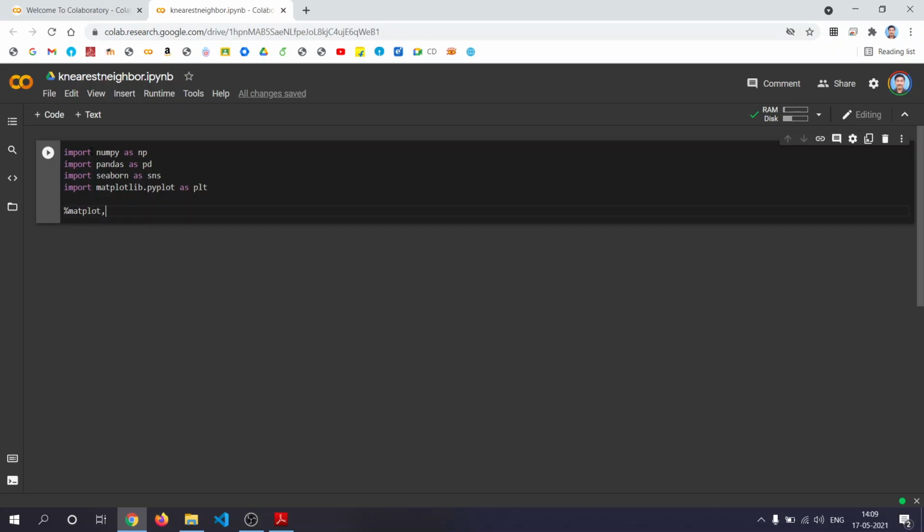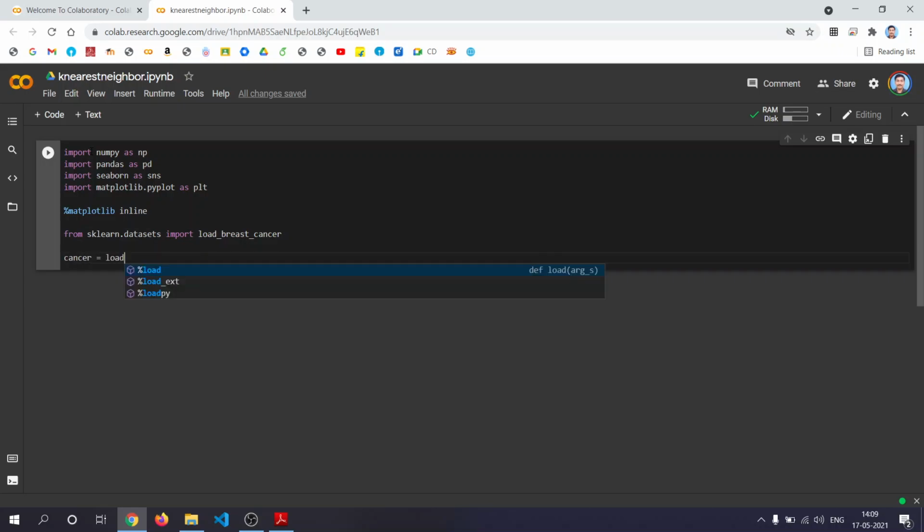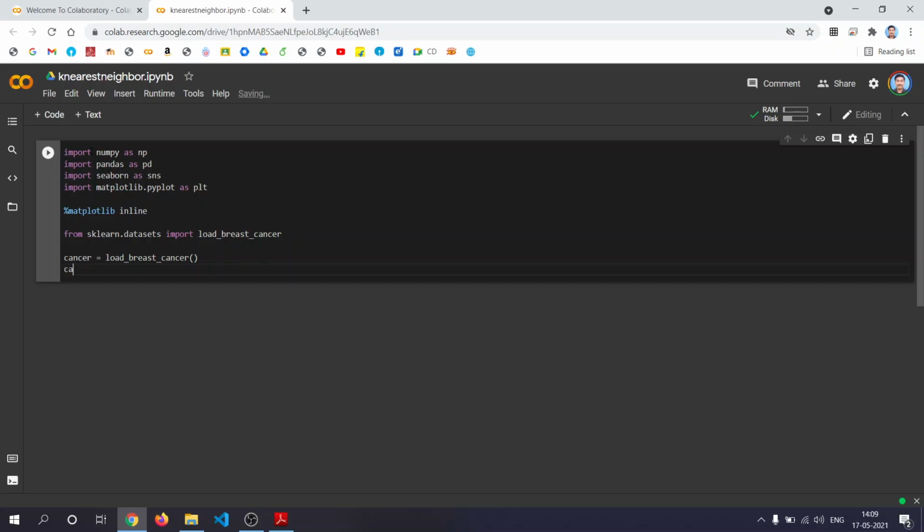Matplotlib inline. From sklearn.datasets import load_breast_cancer, and we'll use the name cancer equal to the load_breast_cancer function. Then in your variable cancer you will be having these values. cancer.keys()